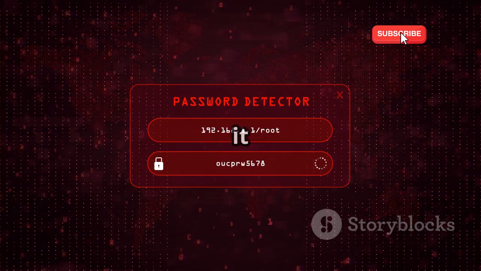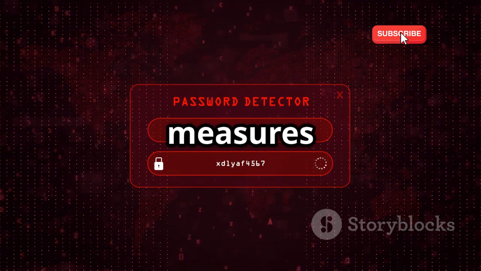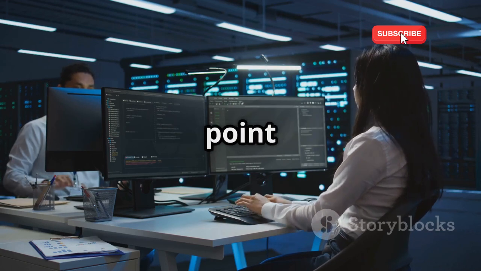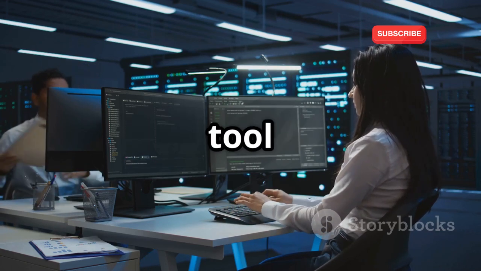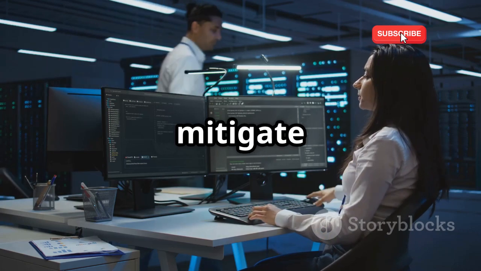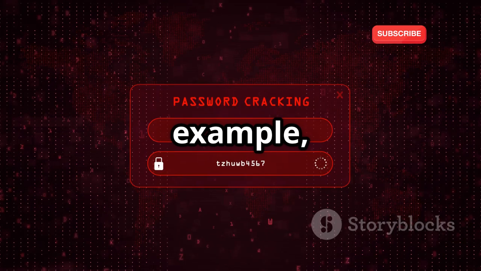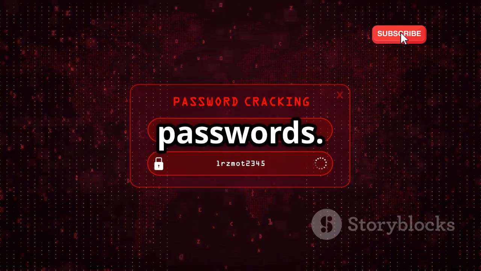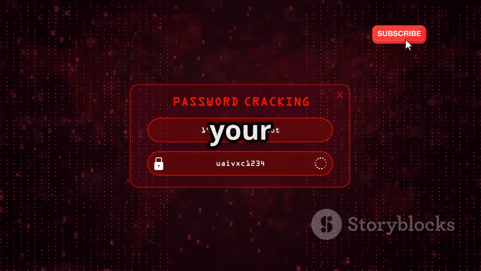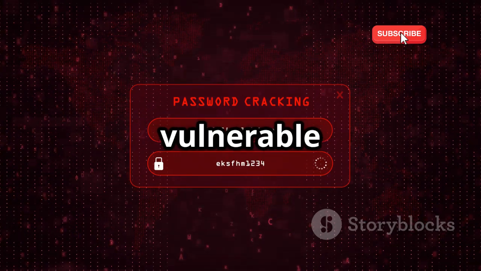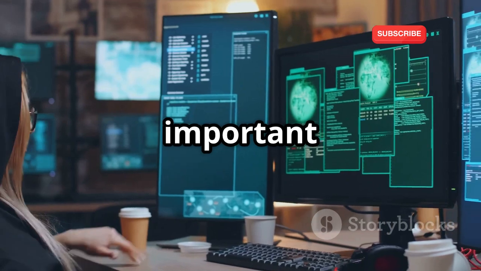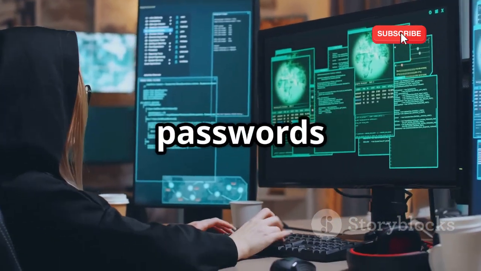By doing so, it allows users to take proactive measures to enhance their security. Weak passwords are a common entry point for cybercriminals, and using a tool like John the Ripper can help mitigate this risk. For example, you can use John the Ripper to test the strength of your own passwords. By running the software against your own accounts, you can see how vulnerable they might be to an attack. This can be an eye-opening experience, revealing just how important it is to use strong, unique passwords for each of